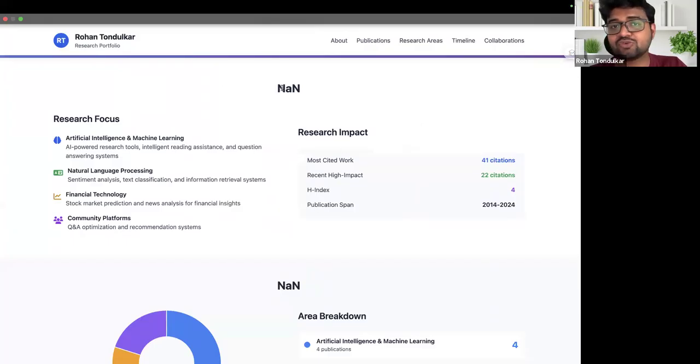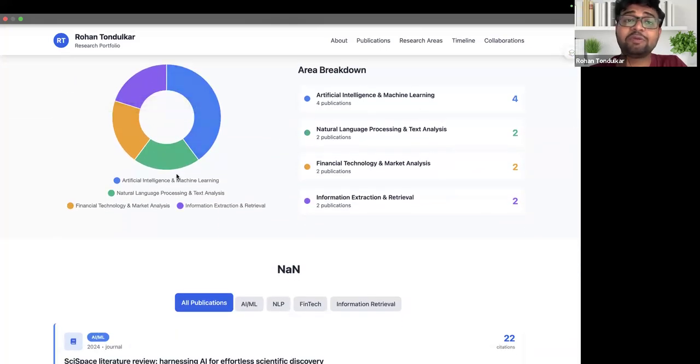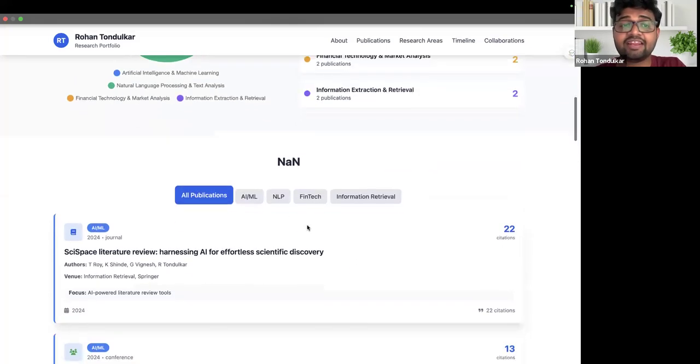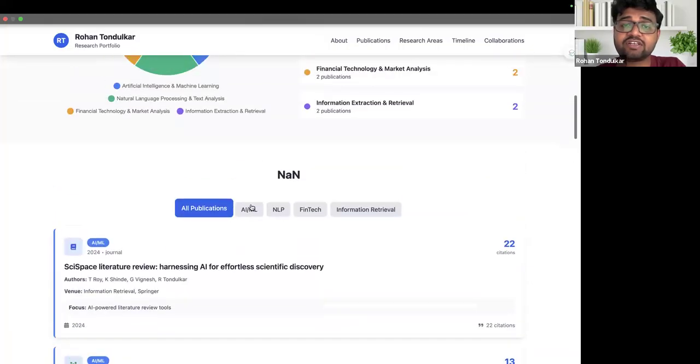Now, there will be some issues. You have to prompt next to fix the website, right? Because it's entirely chat-based. It's saying it found out what my research focus was, what my most cited work is, and a breakdown of how many papers in each area. And again, it has given all the publications here, along with a filter, how many in